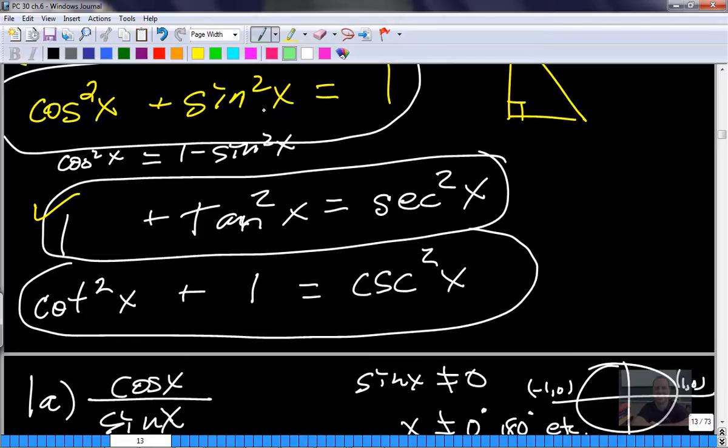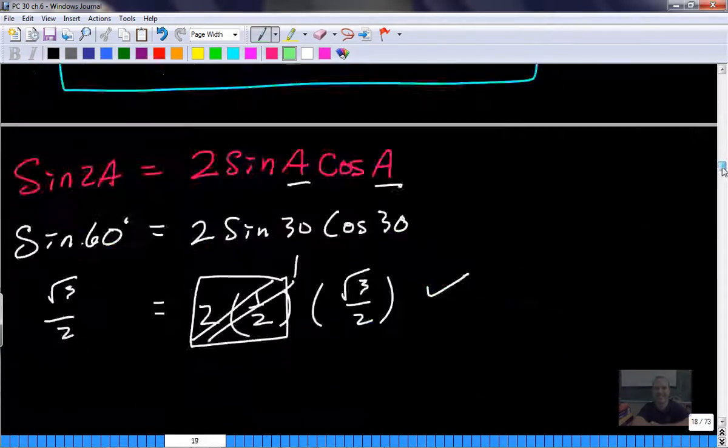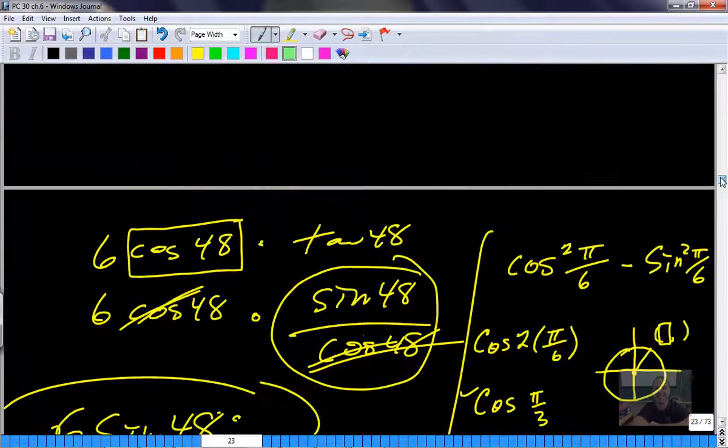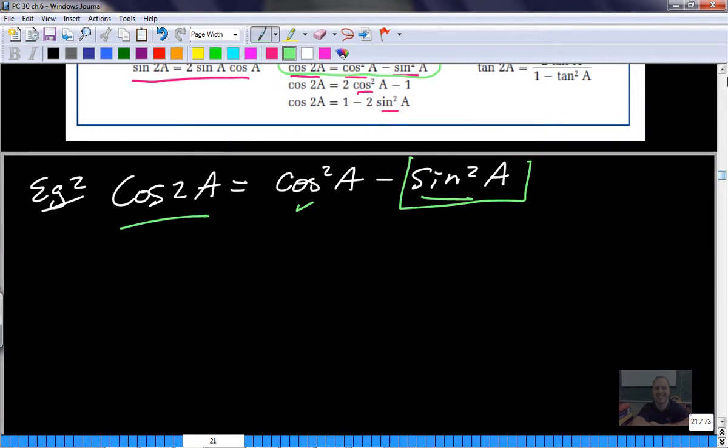From this Pythagorean identity, we could move these around a little bit, and I could write cos in terms of sine, and I could also write sine squared in terms of cos. Right here. Because we have this, and you don't have to write this, just watch. Cos squared a plus sine squared a equals 1. I could actually write sine squared a as